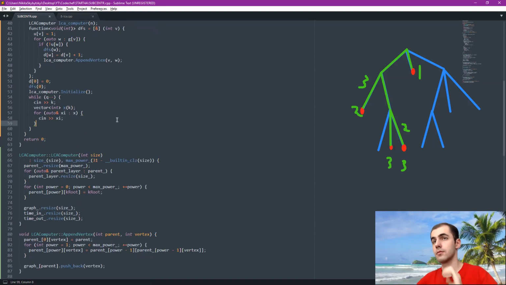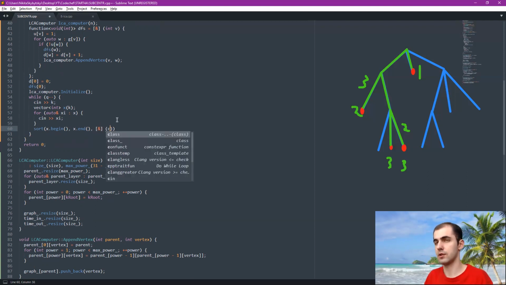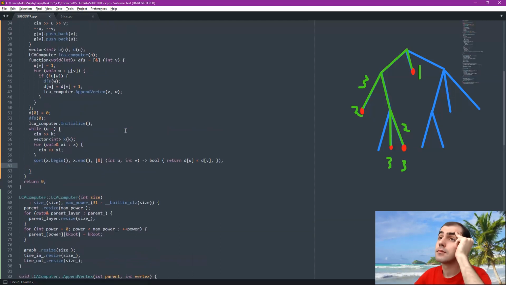Bro. I have literally no idea how I am supposed to sort a million entries, but whatever. Oh, I'll just capture everything by reference. So we sorted vertices by depths. Now we want to somehow repeatedly